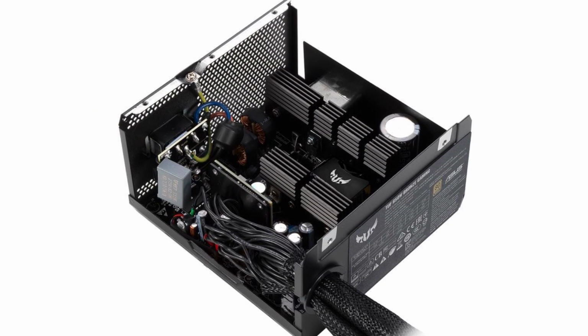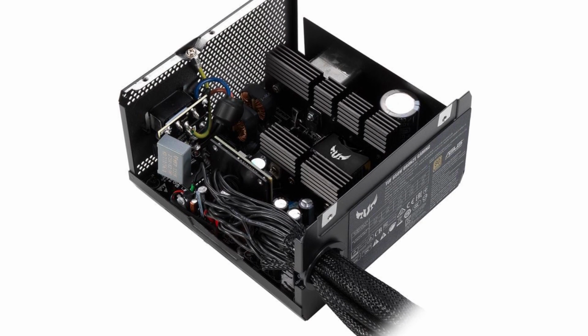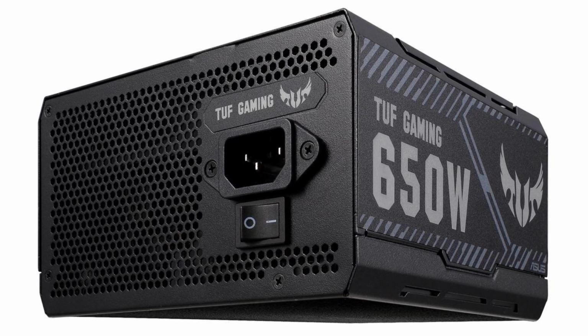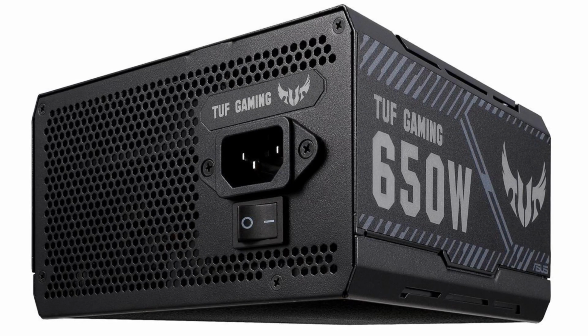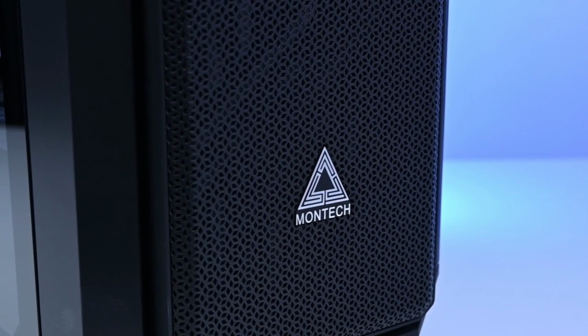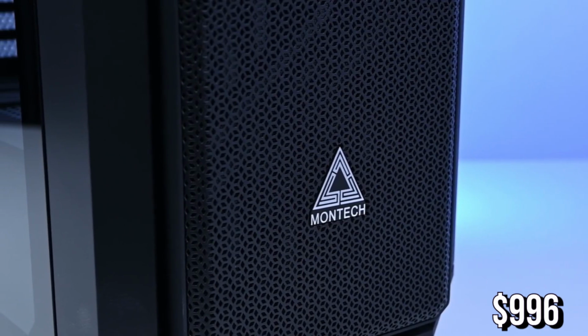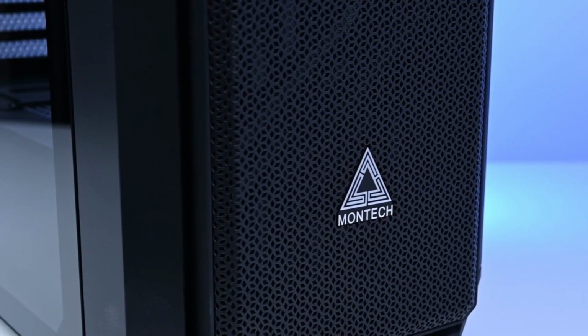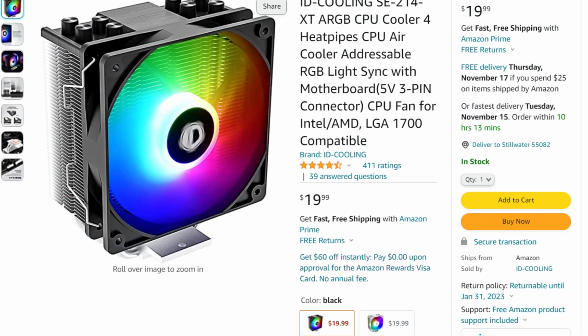Now, if you really care about the electricity bills, then an 80 plus gold power supply might make more sense for you. And for that reason, like any other component, you will have different upgrades. Now, the total price for this PC by the time that I'm recording this video is $996. However, I do recommend you making an upgrade for an extra $20, which is putting a CPU air cooler,